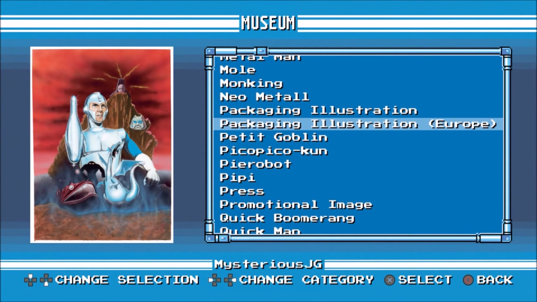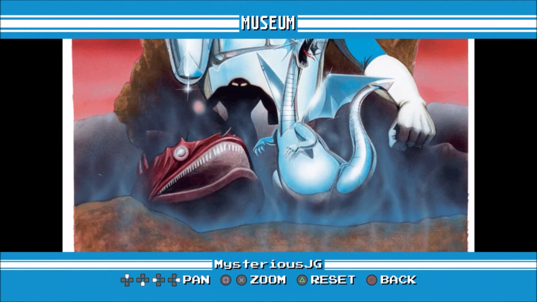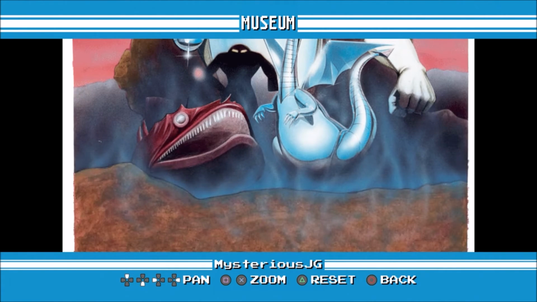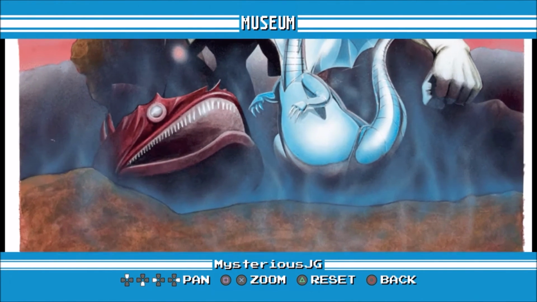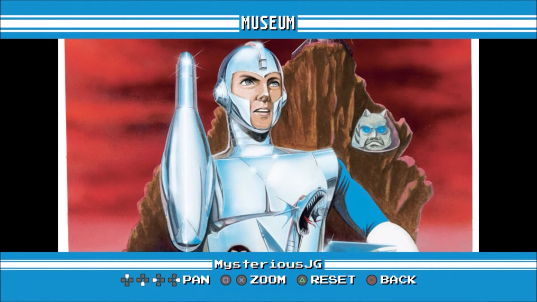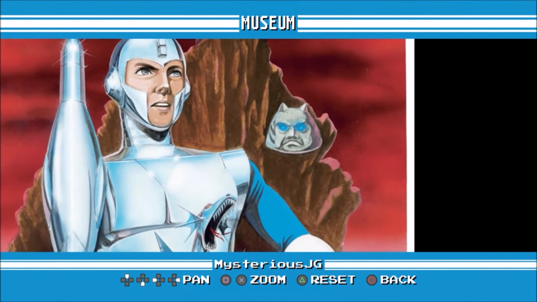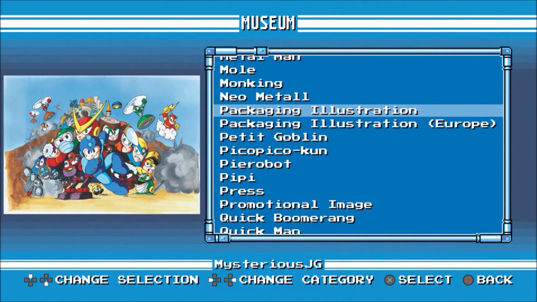The European... Whoa! Europe got some weird-ass game art for this. Look at that. There's like a silver metal dragon. Now, I guess there is a kind of robot dragon, although it doesn't look anything like that. What that is supposed to be is anyone's guess. Mega Man himself looks... I don't know, it's a Wily Castle. What the hell was that thing supposed to be? Anyway,